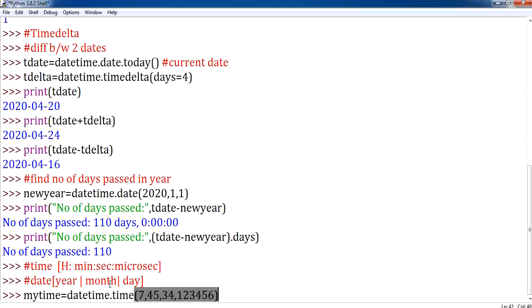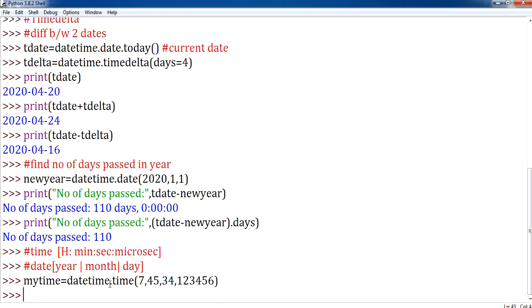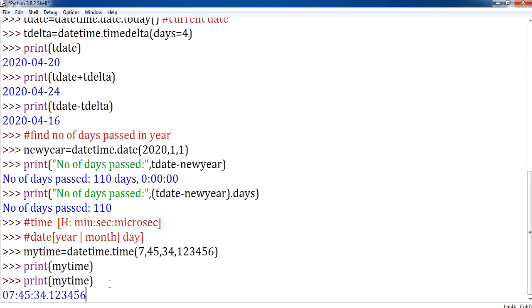Make sure that your microseconds do not exceed 6 digits. Now I initialize this particular time. Now let me try to print it. My time. You can notice that whatever time we have passed has been displayed in the time format. If I want to access only hours, the same way as we did for date, I can make it here.